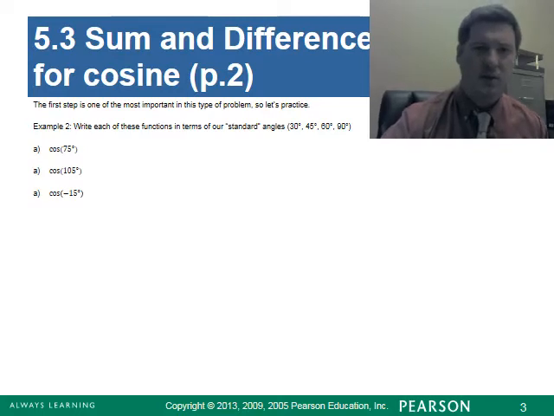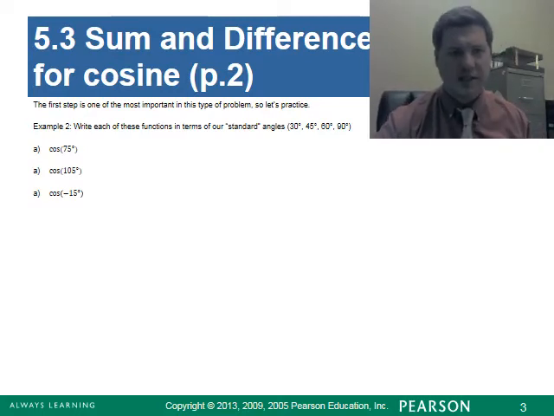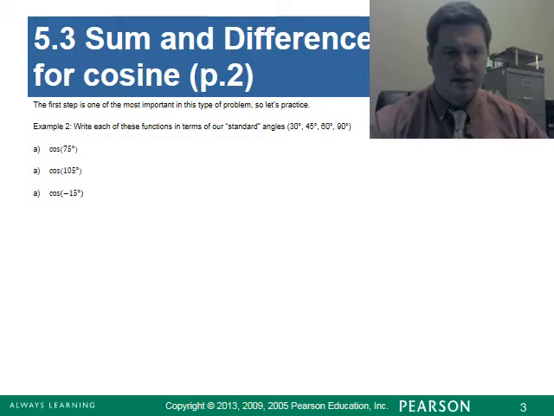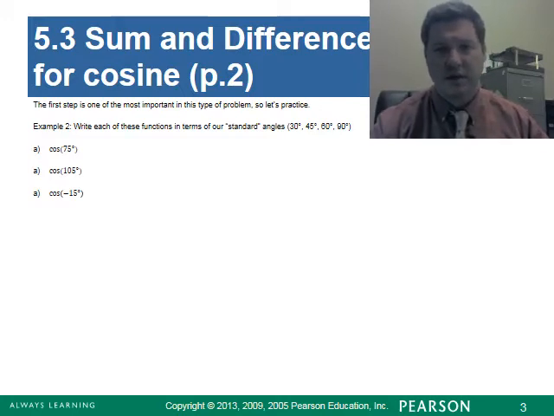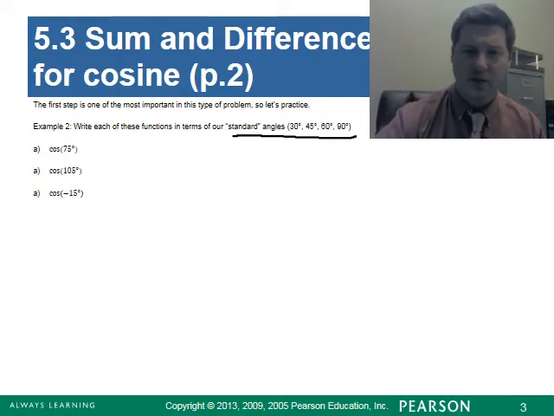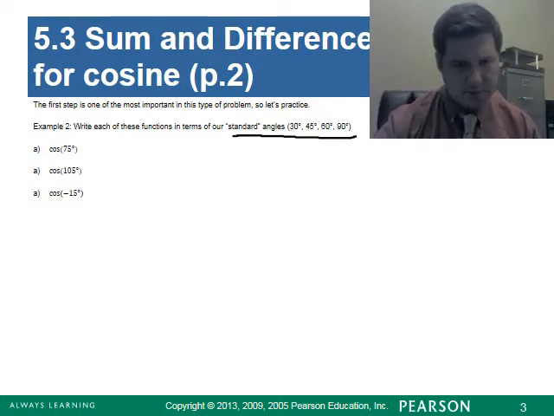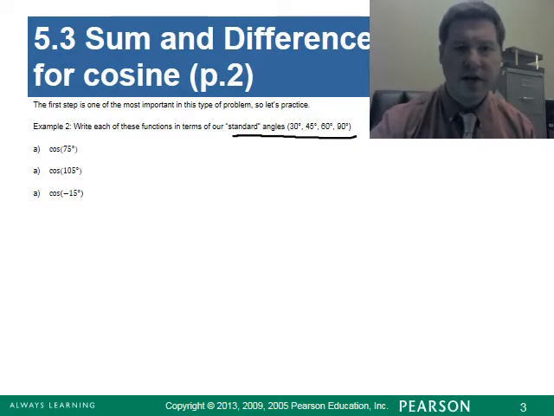Okay, to continue using these sum and difference identities, I just want to take a minute and practice writing some various angles here in terms of our standard angles, 30, 45, 60, and 90. You could also do this for any multiple of these angles. I just chose to work with these smaller ones to help illustrate this. So, for example, 75,